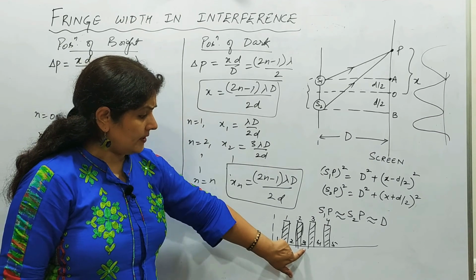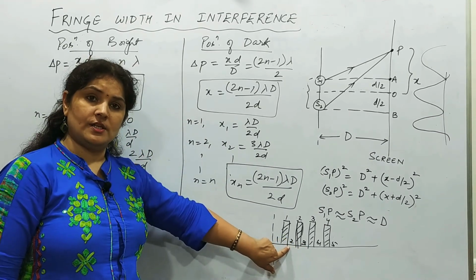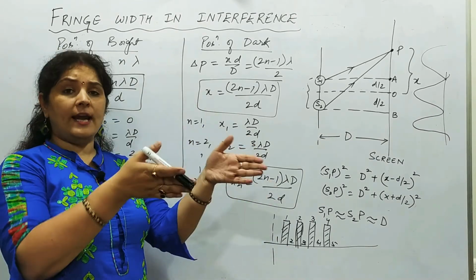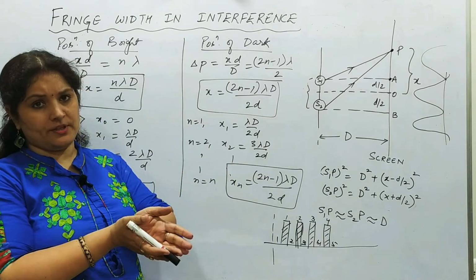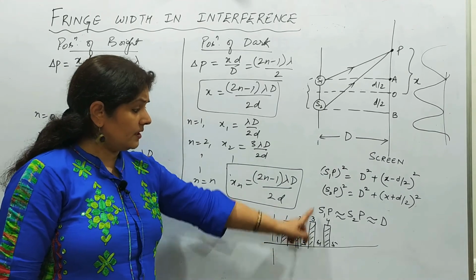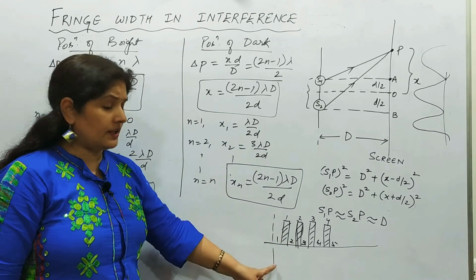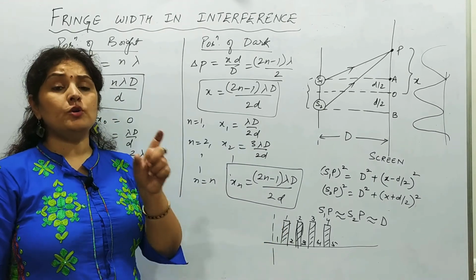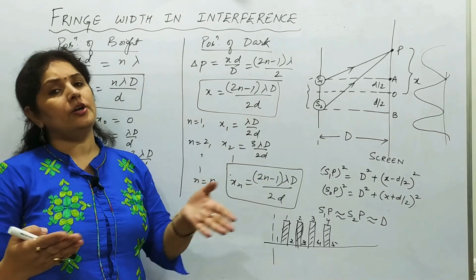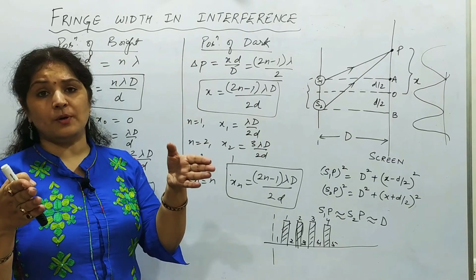So I have to find the difference of third bright fringe minus second bright fringe. Between the darks, I will get the width of the bright fringe. Between the brights, I will get the fringe width of dark fringe. So fourth bright minus third bright will give me the fringe width of dark. Fifth, second bright minus first bright will give me the fringe width of dark. So in order to find the fringe width of dark fringe, I need to reduce two brights, and in order to find the fringe width of bright fringe, I need to reduce the distance between two darks.